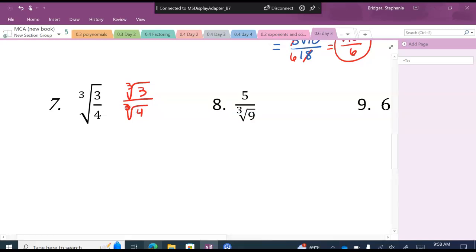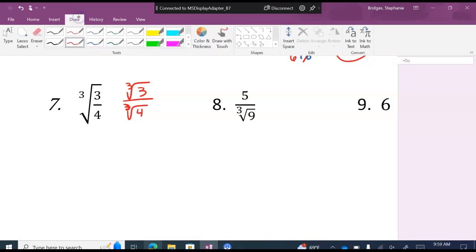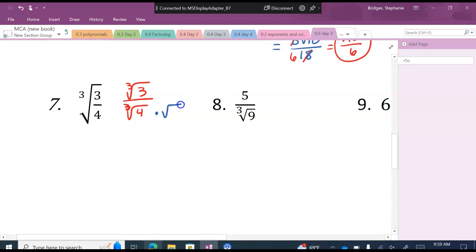So I'm going to go look at my cube list, and I'm going to start with the first perfect cube, not 1, because we don't want to go smaller, okay? We've got to go bigger. And I'm going to ask myself, can I turn 4 into 8 by multiplying? I can. What would I multiply by? 2. So guess what I'm going to multiply the top and the bottom by? Not just 2, but the cube root of 2. Okay. Why? Because multiplying 4 by 2 gives me 8, which is a perfect cube,